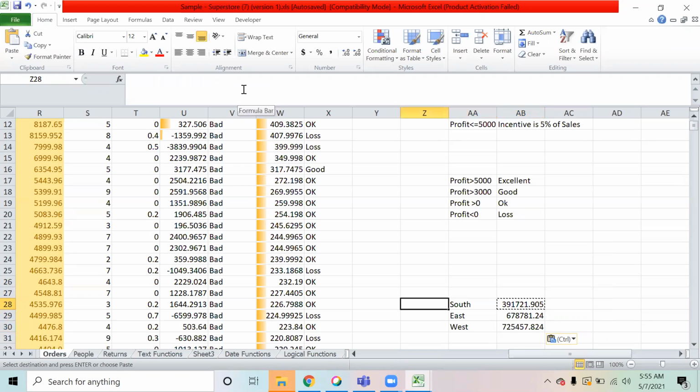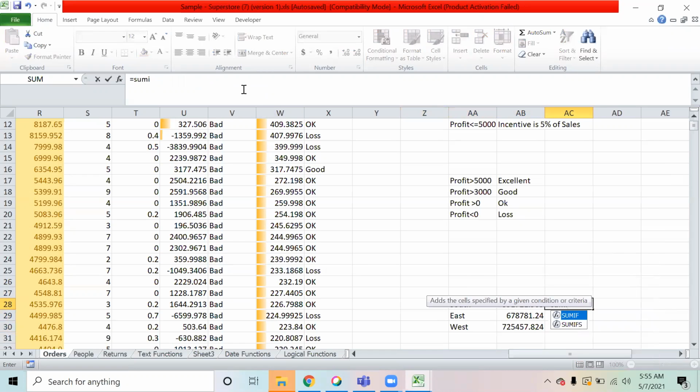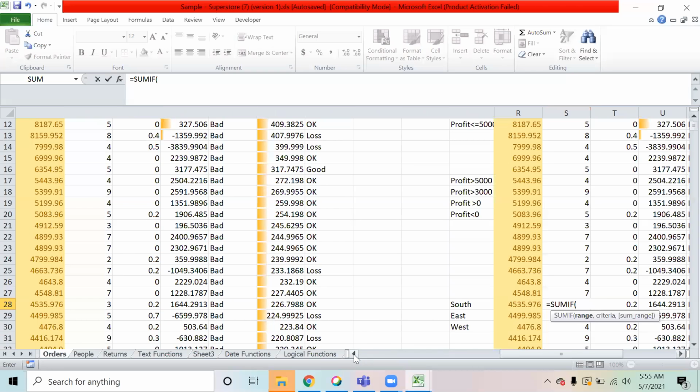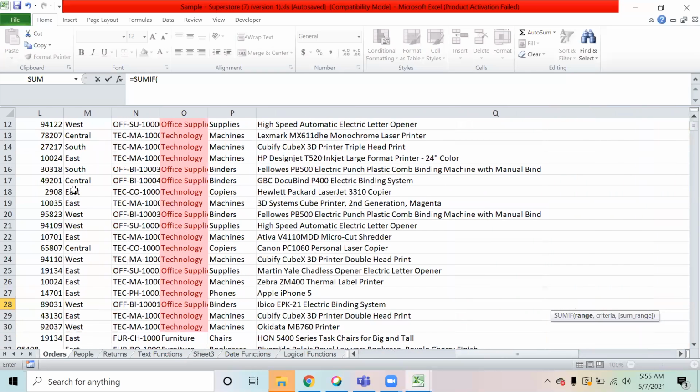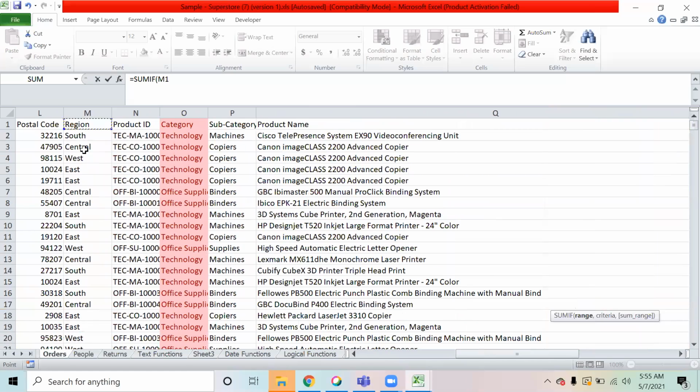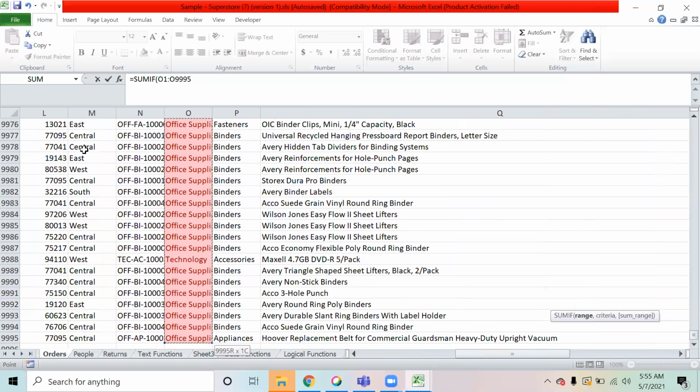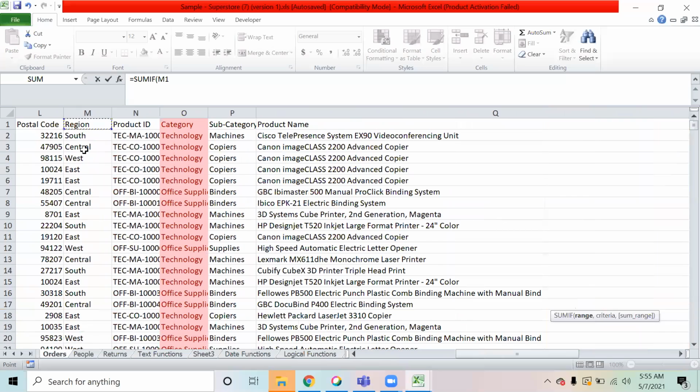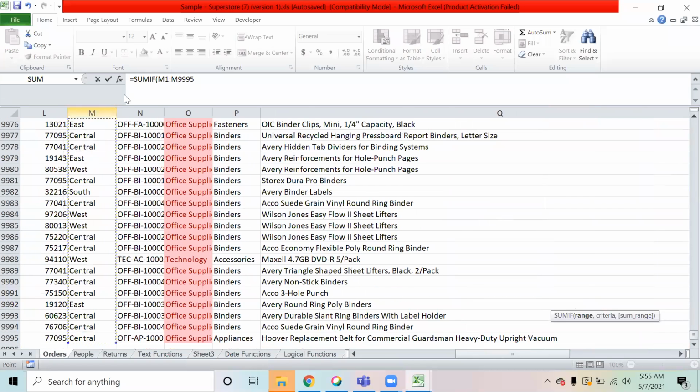The change we would have to make in that case, suppose I write this formula again. I say equal to SUMIF, first is range, that is criteria range. Suppose I select the criteria range, that is this, up till here. Previously what I was doing was I was selecting the entire M column.